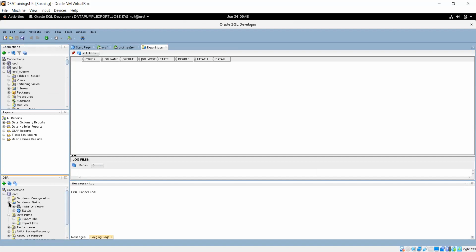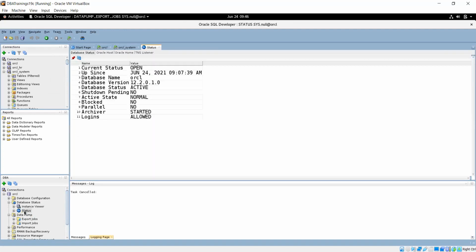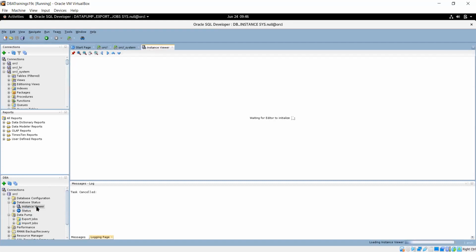Similarly, you can monitor the database status. So here, if you can see, we have a status, which version of database you are using, what type of this. So those can all be possible. With the instance viewer, you can monitor it.